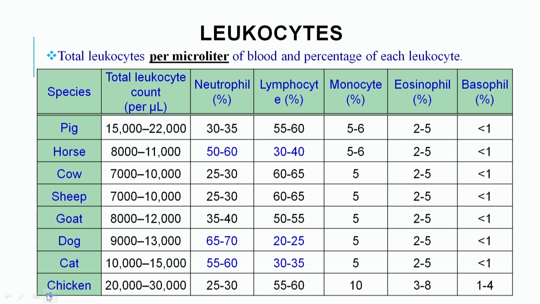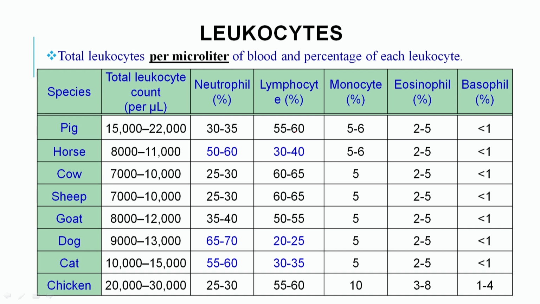The total number of leukocytes is measured per microliter of blood, along with the percentage of each leukocyte type. Here you see that basophils are the least numerous in the blood. After that, eosinophils come at around 2 to 5%. We will rarely see basophils when we make a smear, stain it and observe it under the microscope. Monocytes are around 5 to 6%. Lymphocytes are